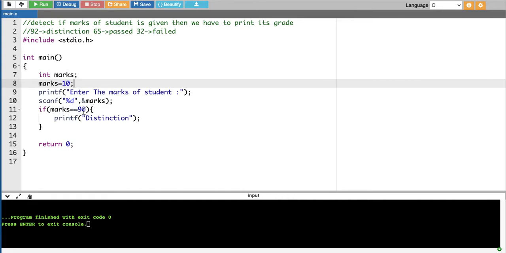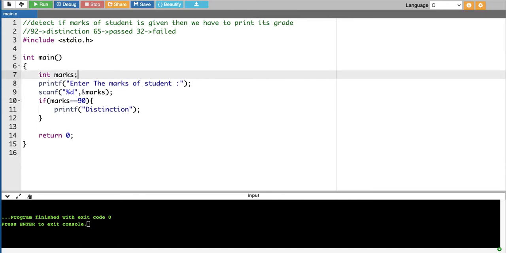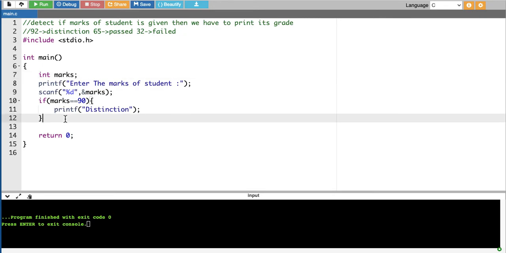If both are different, then it returns false. If both are 90, then it returns true. So this is the assignment operator and this is the logical operator. The logical operator is used just to check the logic, 0 or 1. Logical things work on 0 and 1 only. All computing is logical.